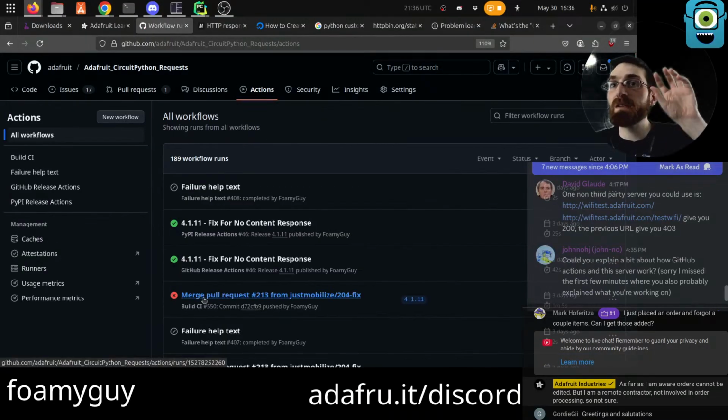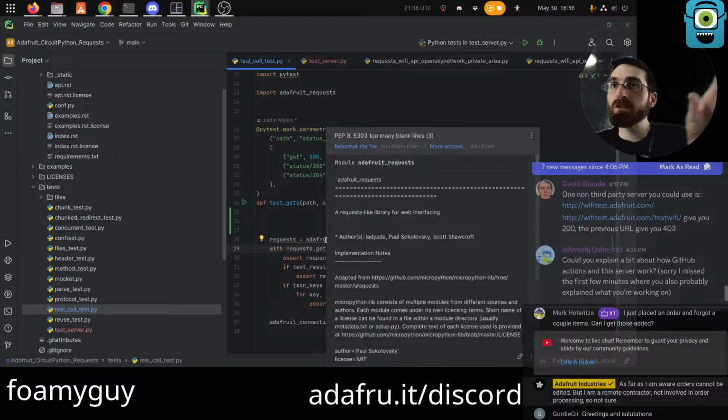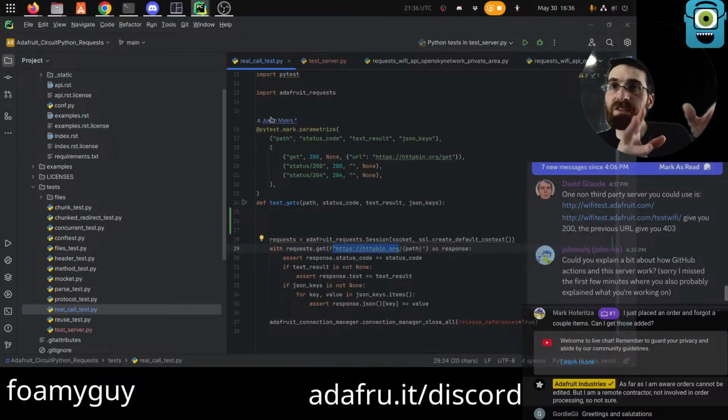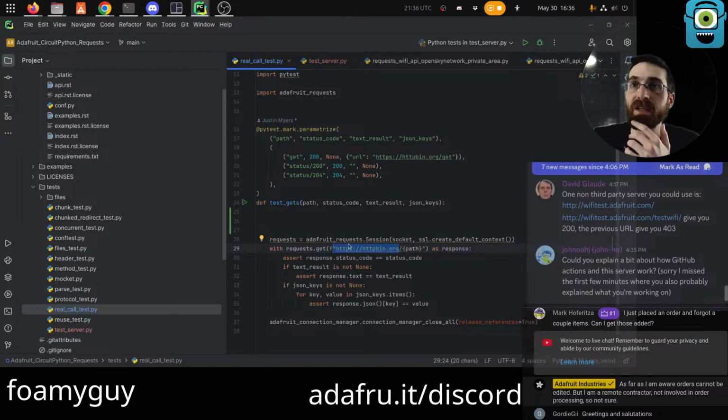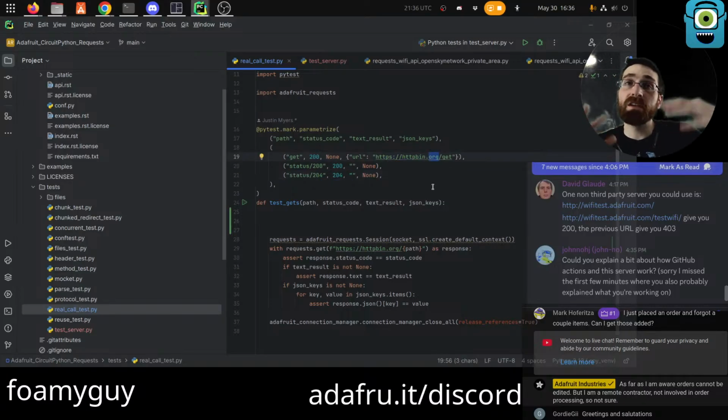And so my intention is to remove the need for the third-party server. My intention is to write a server that can run locally just for the test itself, and that's its only reason for existence, to be this little test server for this test. It will spin up whenever the test wants to run, it will shut down whenever the test is done, and it will basically just do these three same things that HTTP bin does. And then if we want, we could eventually maybe expand this to more of these tests. I think some more of these send requests and do stuff.